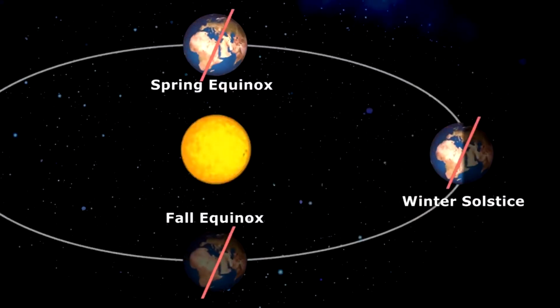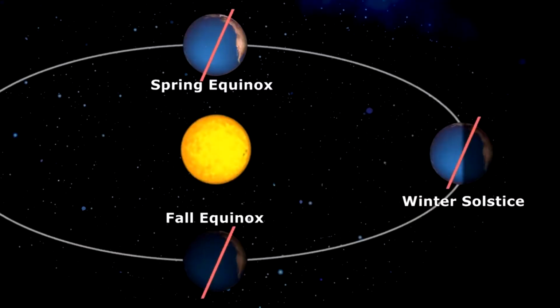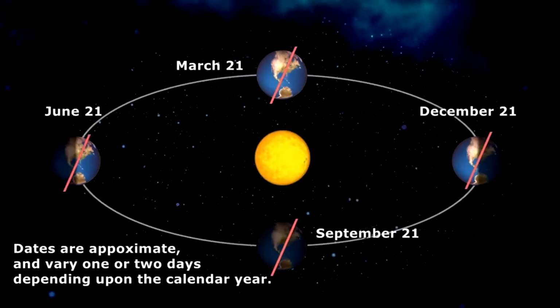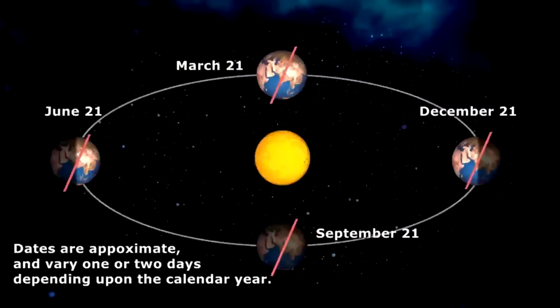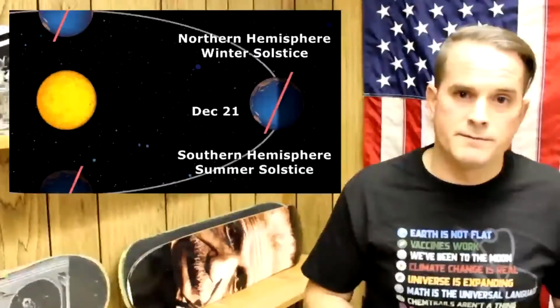It is during this half of the year, along the Earth's orbital path, that the axis of rotation is pointed away from the Sun. And if you followed all of that, then you also immediately understand that everything I just said about the northern hemisphere, during those same times of the year, the exact opposite would be happening for the southern hemisphere. So on the first day of winter here in Michigan, that's going to be Sydney, Australia's